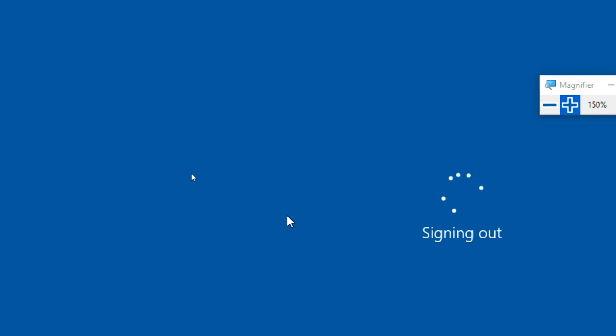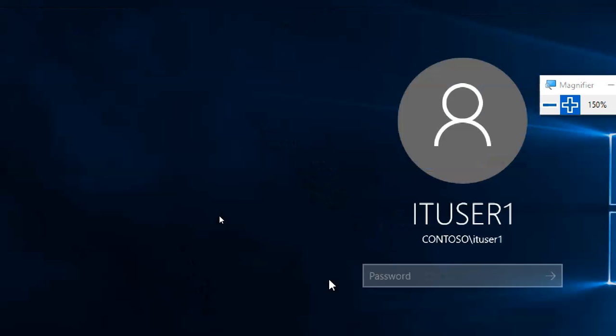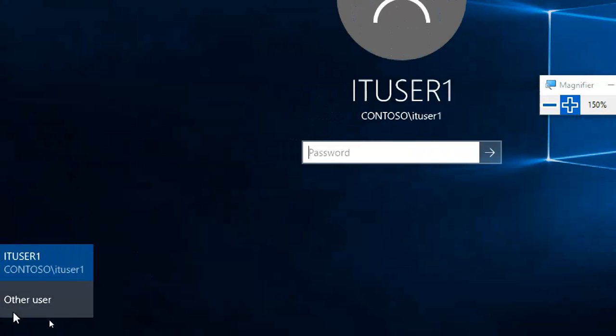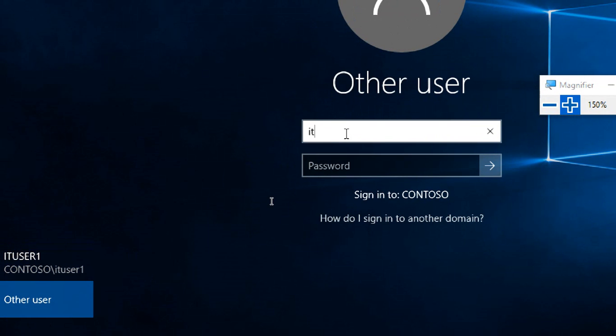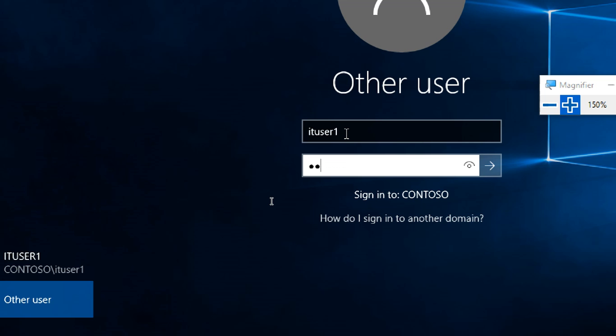Okay, so it is sign out, right? So when you are signing in again, the policies will be pulled. Obviously, it will pull the user settings automatically when sign-in is completed. Automatically, it will pull all the settings.